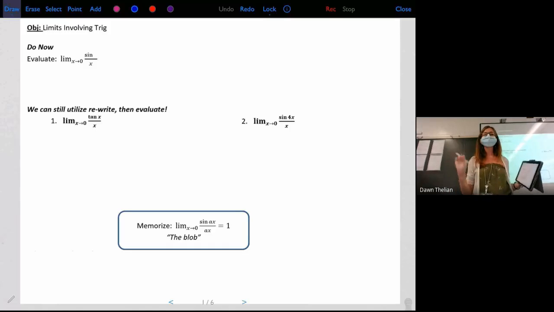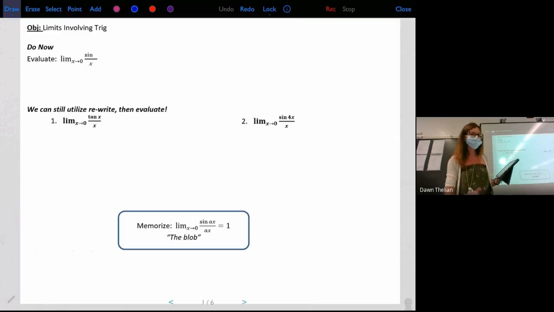Unit 1, Lesson 3, and we're going to be dealing with limits involving trig. So that's the big difference here: now we've got limits that are involving trig. I want to make sure I have the right layout here. Perfect. Okay, so I want to start, and actually let's take a second and take out our calculators, or